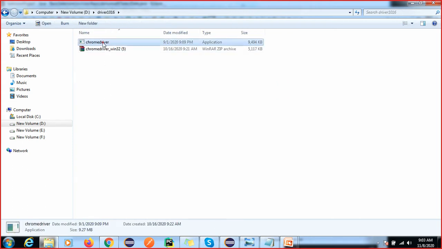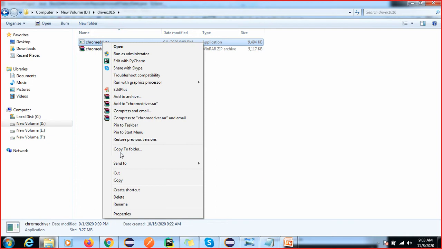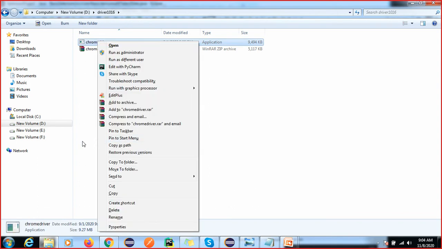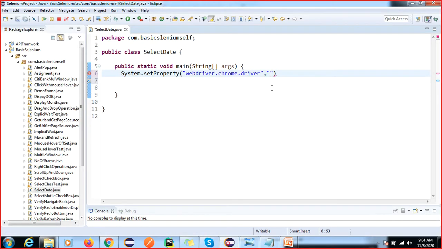Here we have the path, so we can copy this path, copy as a path, and we can give the path. Step 2, step by step, we just follow the same.